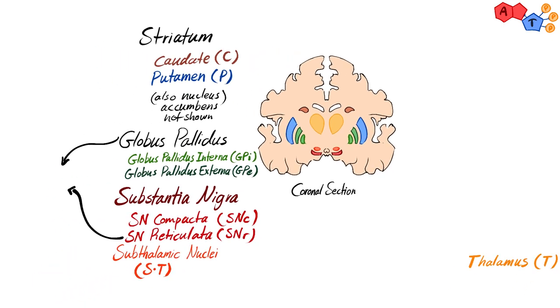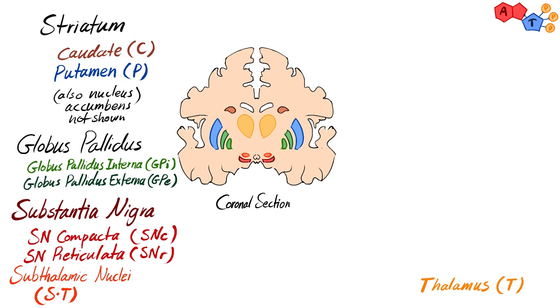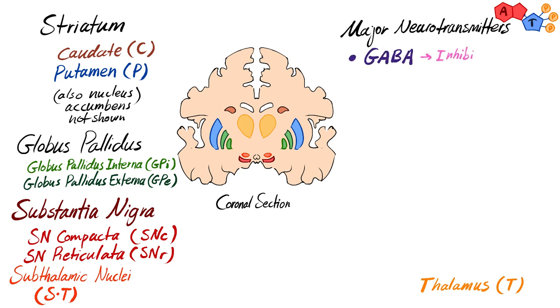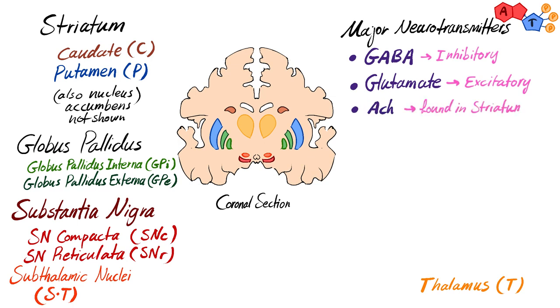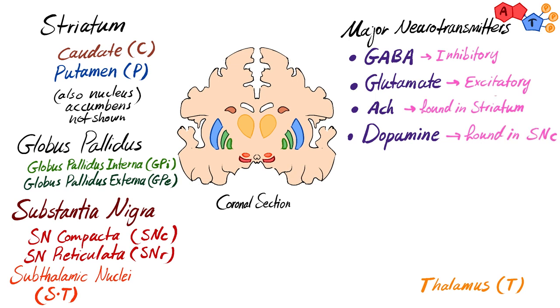Also, it's worth mentioning that both globus pallidus and substantia nigra pars reticulata are considered to be the major output nuclei of the basal ganglia. And these 4 major nuclei are connected by neurons. These neurons release one of the neurotransmitters. The neurotransmitters are GABA, which is inhibitory, glutamate, excitatory, acetylcholine found in the striatum, and dopamine, and it's projected from substantia nigra pars compacta. Now that we have a general view about the nuclei and their location in the brain,